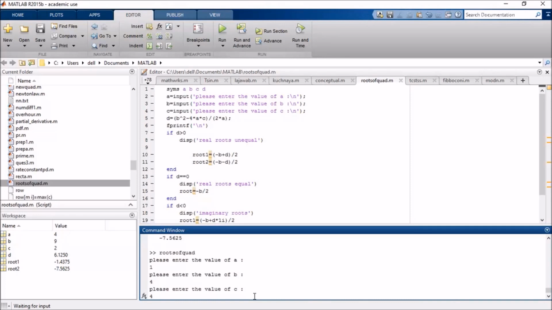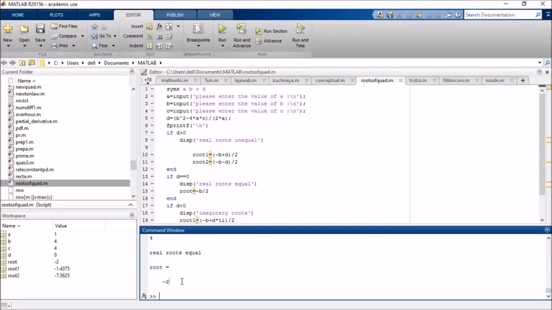This equation is equal to x plus 2 whole square, as a plus b whole square is equal to a square plus b square plus 2ab. Now I am going to press enter and see what output we get. Real roots equal, and root is equal to minus 2.